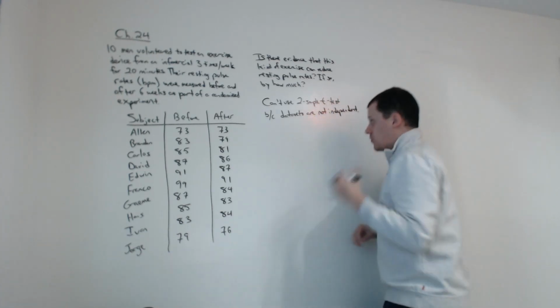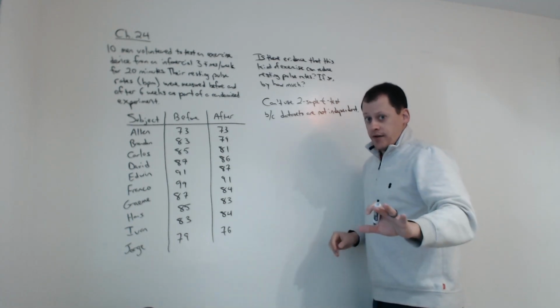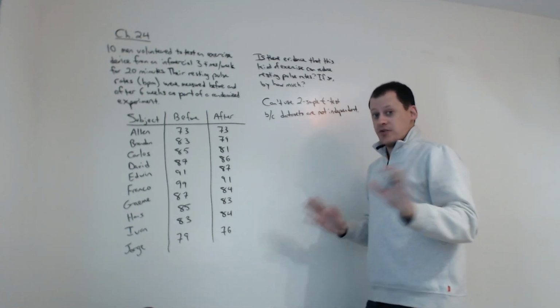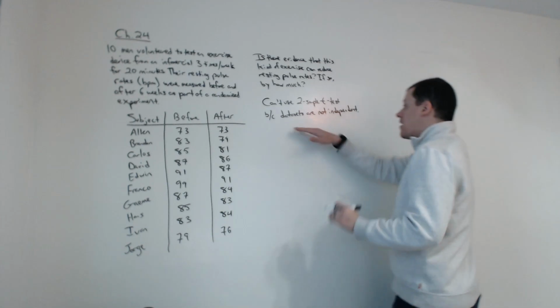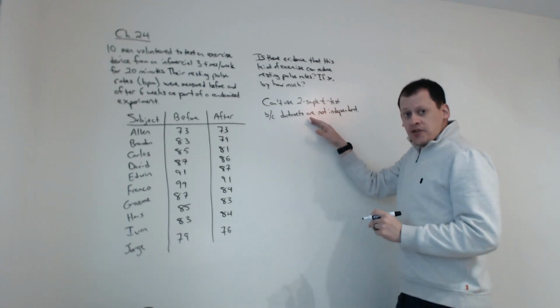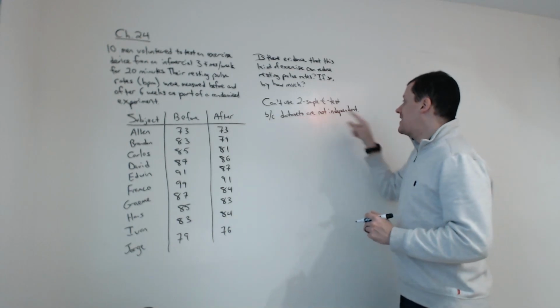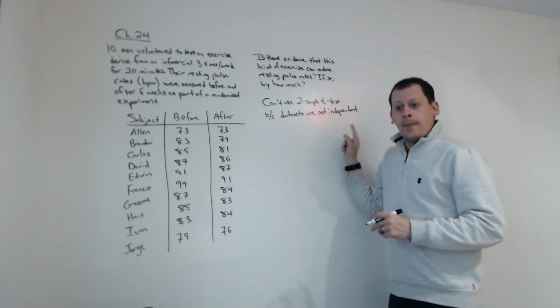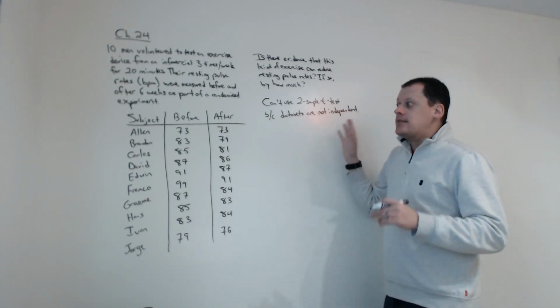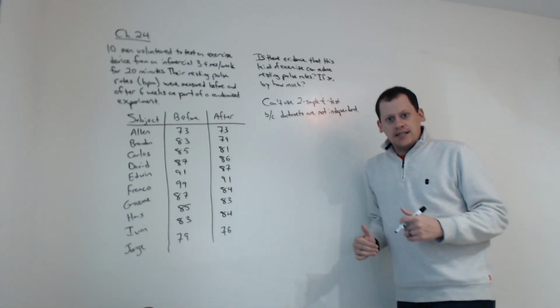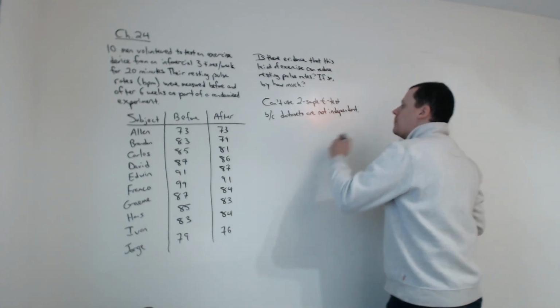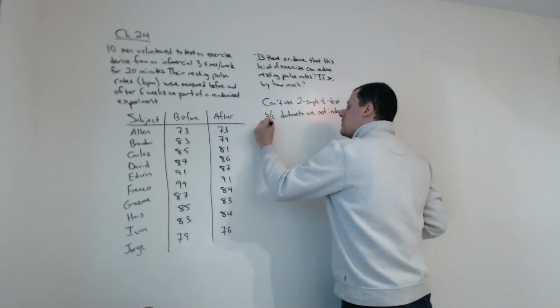Okay, so wherever you're writing your notes, I hope you're writing notes down somewhere, whether it's in your composition book or on paper. You will probably want to remind yourself why we're not just doing a two-sample t-test here. It's because the data sets are not independent. If you didn't write that, maybe you would have seen that as you check conditions. Okay? But that is why we're going to use what's called